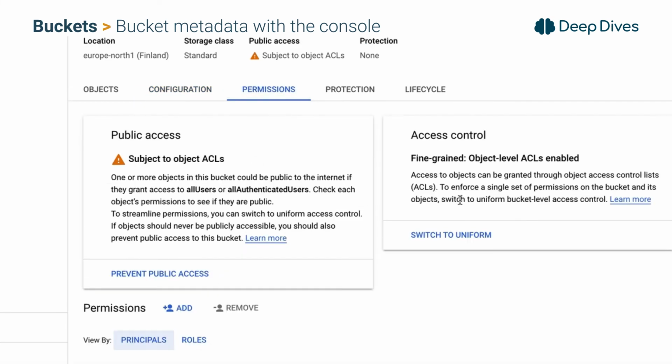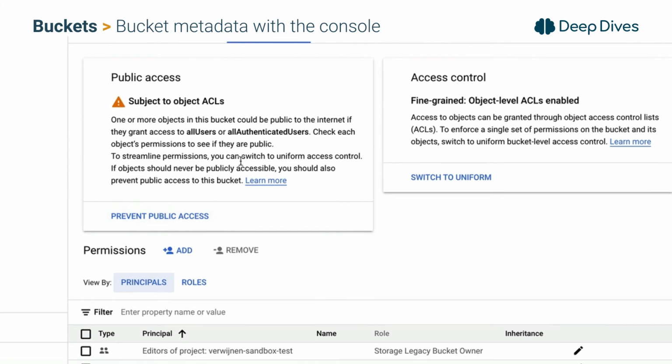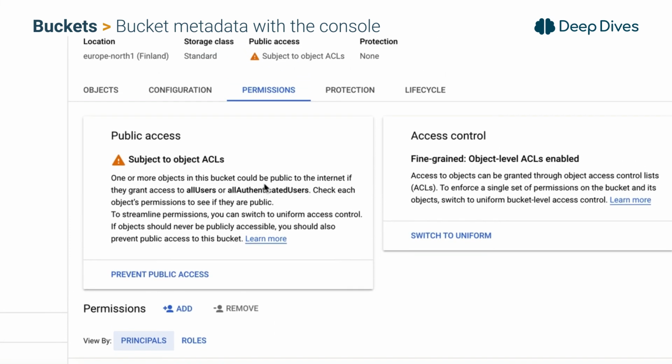In the permissions phase, we can see whether public access is available or not. This was a new feature that is in preview currently. Otherwise, we can see all of the permissions here, and like I said, that's going to be handled in a separate